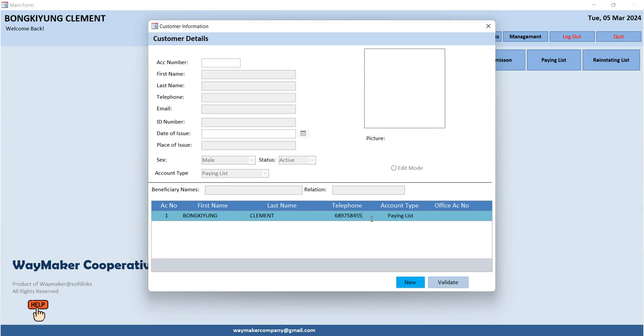We might want to edit this customer. The system makes it possible for us to edit this customer. In order to do this, we simply come to the space provided for account number and enter the customer's account number and click on enter. You see the information appears here and there's a button here which says edit mode. If we want to edit this customer's name, maybe it's not Bankiyong or it's Bongjong, we'll click on edit mode, come here,